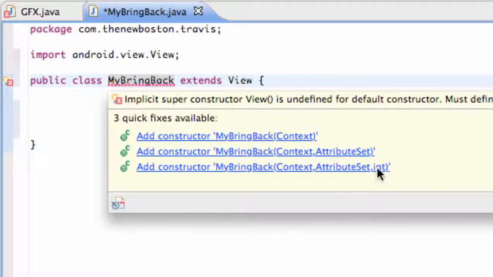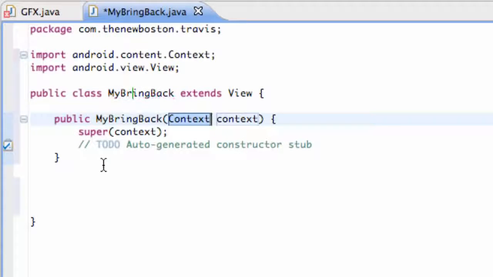There's also context and attribute set, or int. Those are probably the ones that you're most likely going to use, but you can also create your own type of constructor for the most part. But since ours takes in a context, we're going to click this,